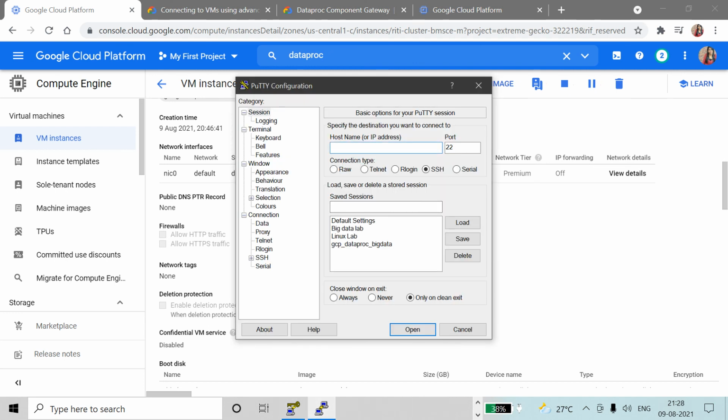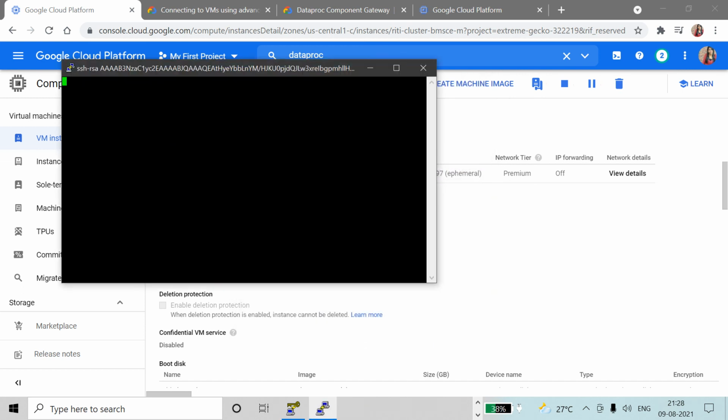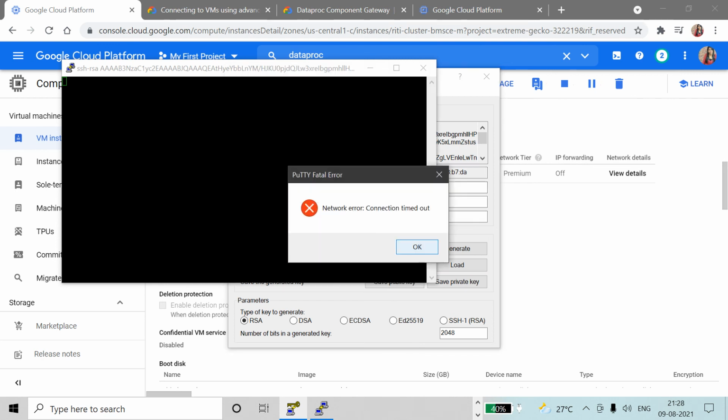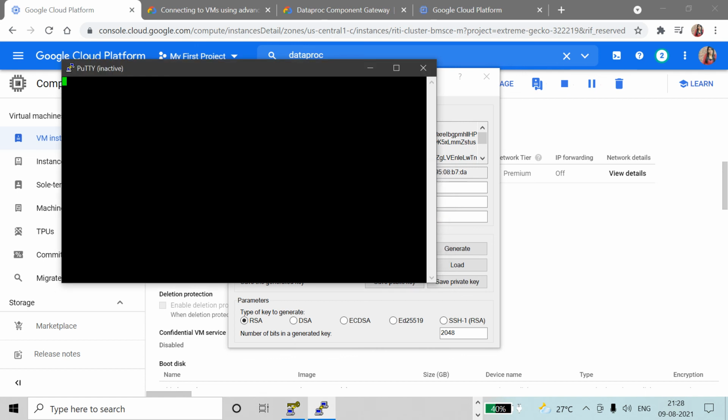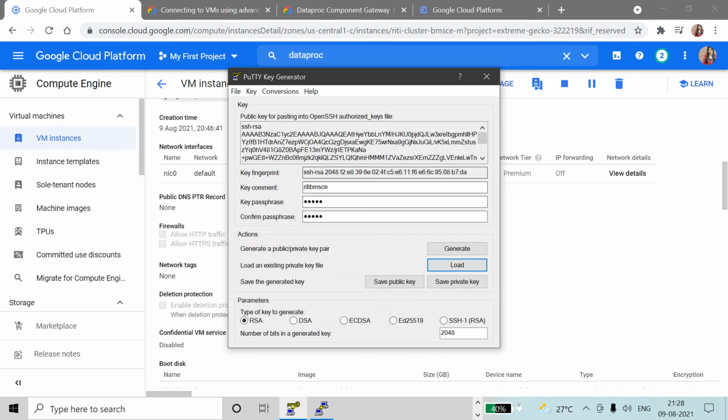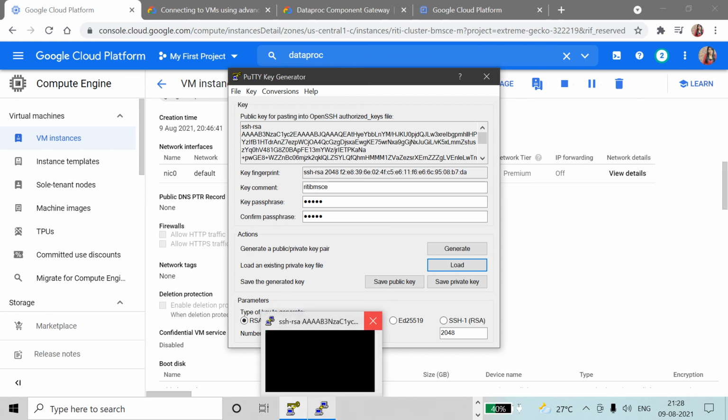And now we have to connect. After some time I will get a login ID. In the starting only we got this one, this name will come, and this password we have to write to work on. Okay, connection time failed. So these two we have to write at the starting, that's all. And it will connect like that to the terminal only.